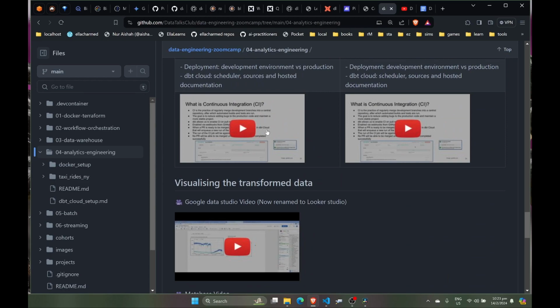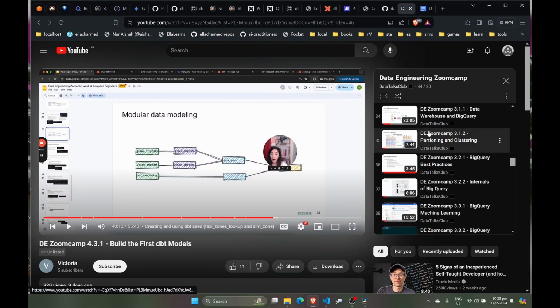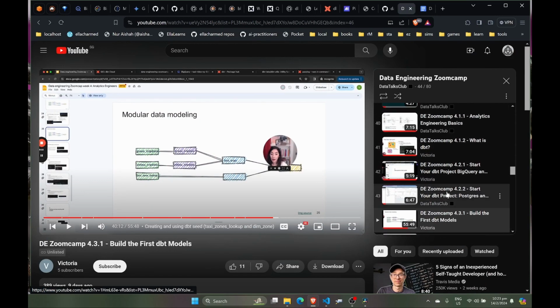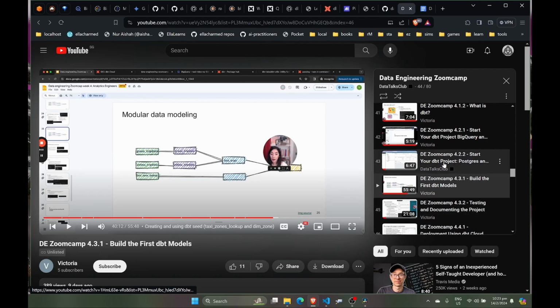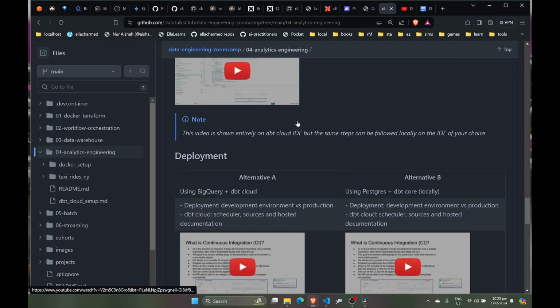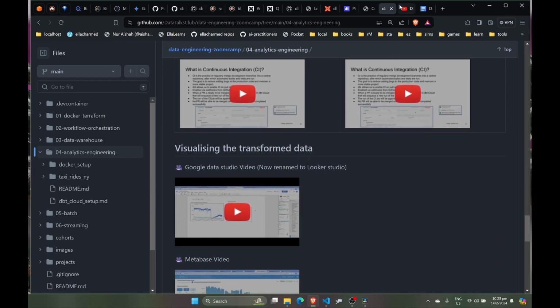The README has been updated with the actual thumbnail of the video. So I just click the video link from here and it will open up the video in a new tab, or you can just watch the videos from the playlist all in one go if you have the time. After I've read through the README and watched the videos,